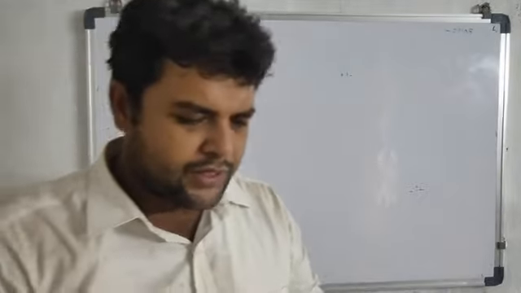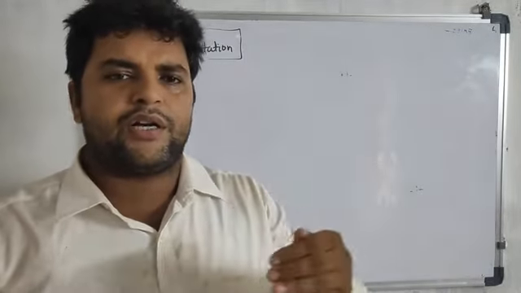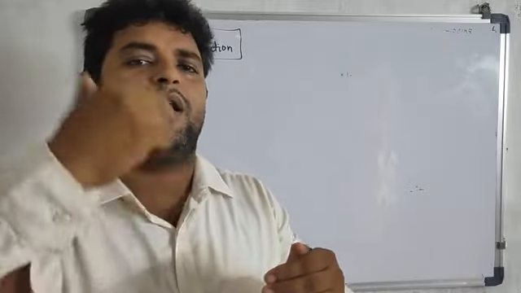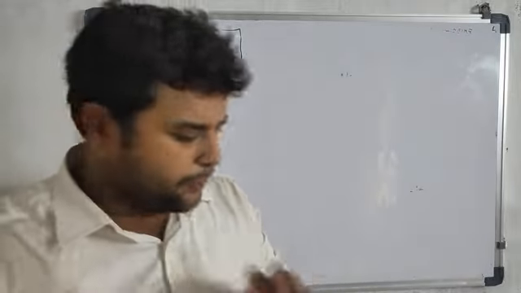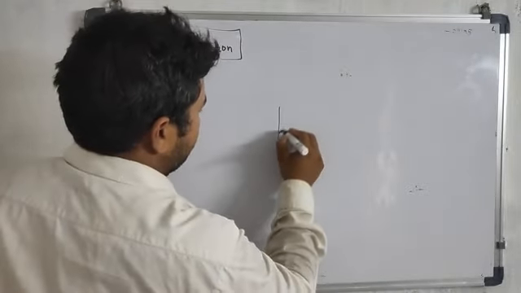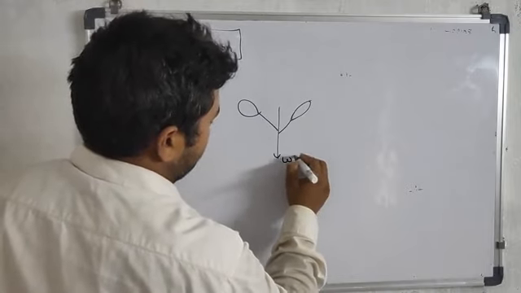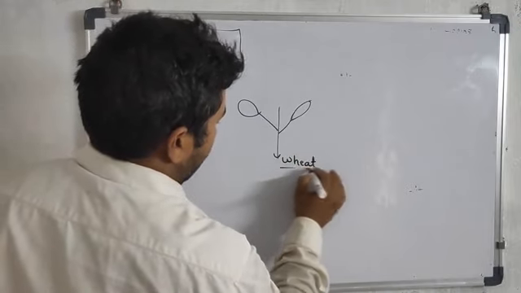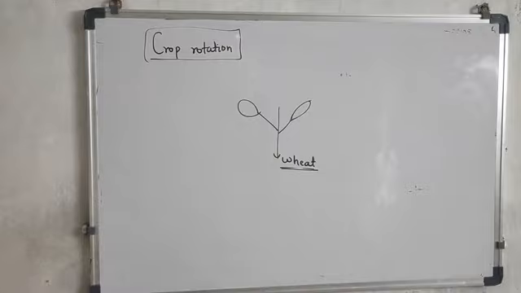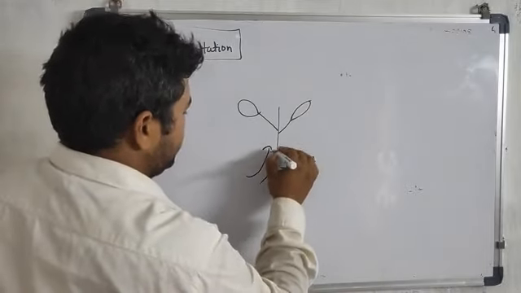Rotating simply means a method in which one crop comes after another crop. Suppose we are cultivating wheat here. This wheat usually takes